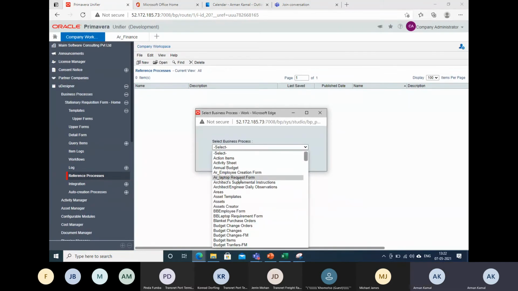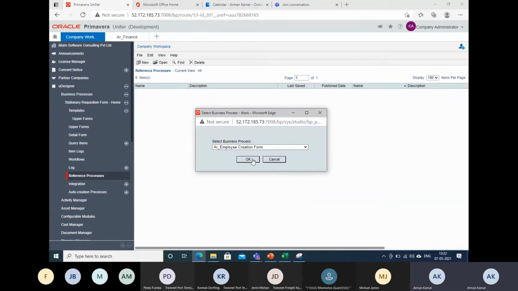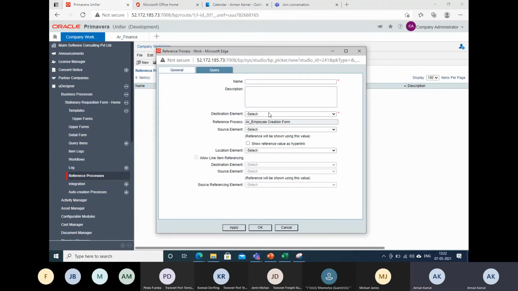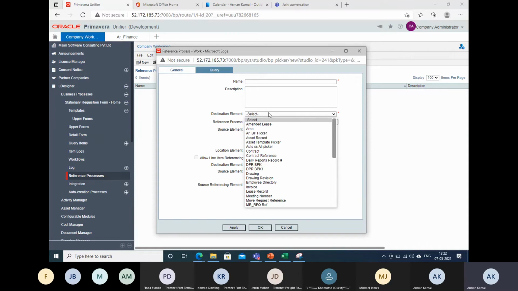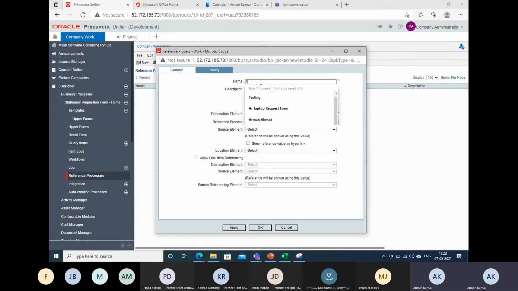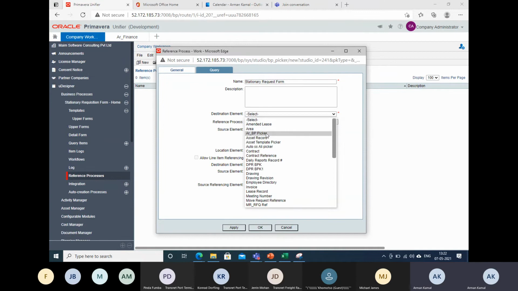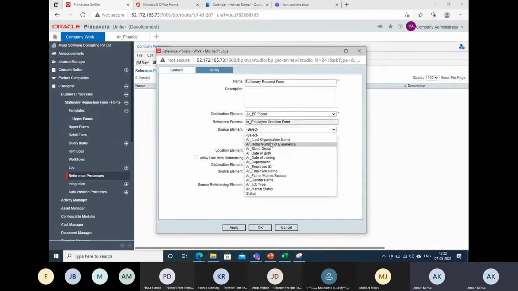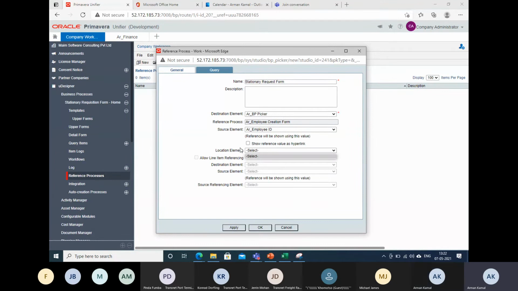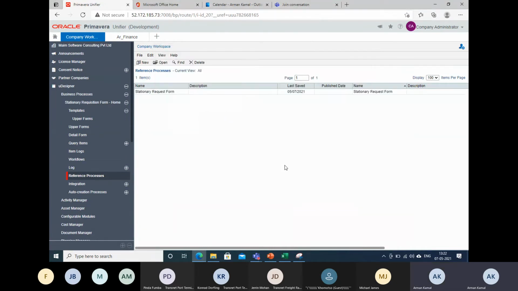This time I will create it from the employee creation form. I will make it the stationery request form. So I'm correcting my mistake which I made. ARBP picker. Source element is employee ID. Okay, I will click OK.